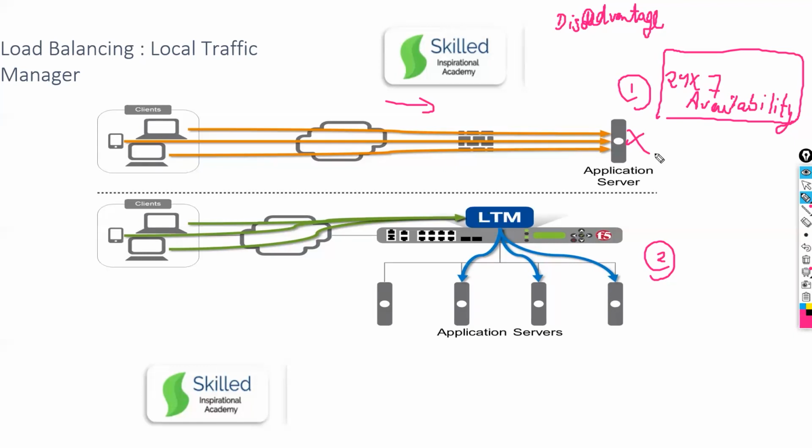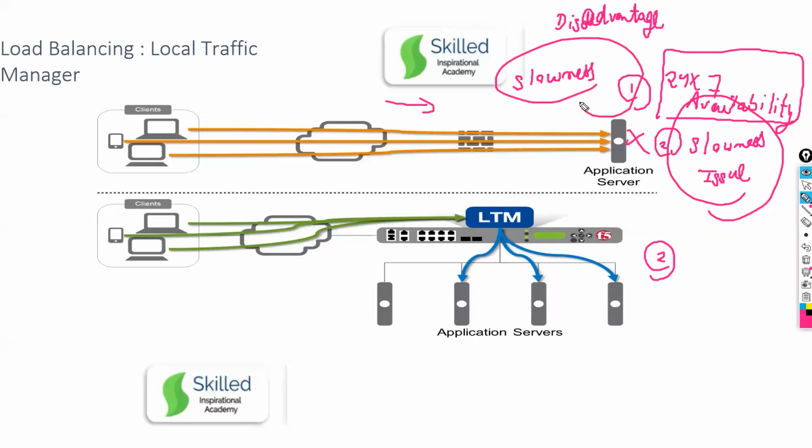Another disadvantage I am looking for. Slowness. Excellent, yes. Slowness issues, you might be facing them. Many people are working like this, and I have been seeing many issues where slowness comes into the picture: the application owner or customer is saying there is slowness. You need to prove it. So one proof method is the Wireshark tool, which we can mention. But there are some other things which you can tell them.